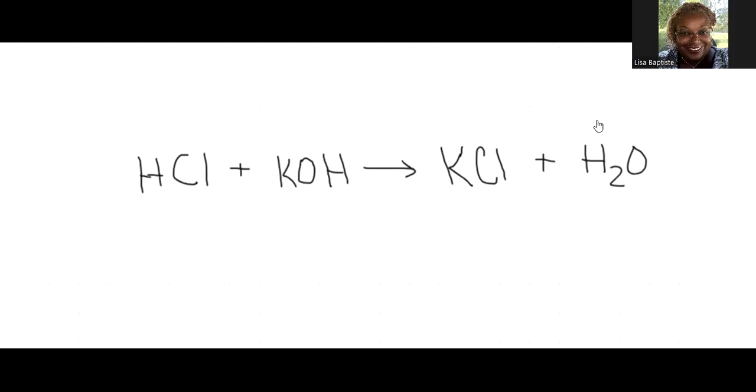And so now we want to do the calculation. And so we are starting out with 0.200 molar HCl, and we have 50 milliliters of that. And so we're going to put in our 50.0 milliliters,